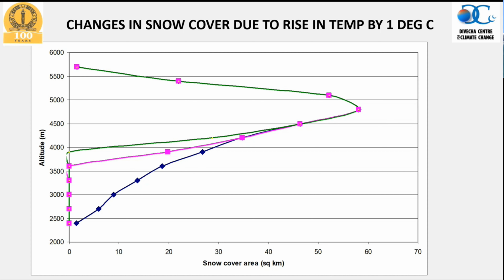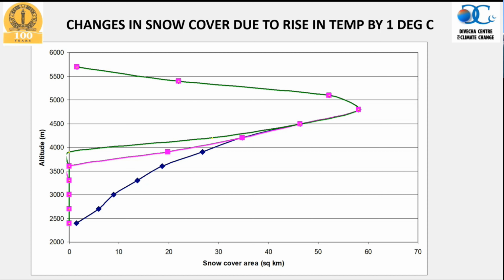So this is a graph of snow cover as of now. You can see this graph is representing the area altitude distribution of snow cover in a basin, which is a small basin. I think this basin you can check in the paper, and this is Vangargarh basin in Himachal Pradesh.